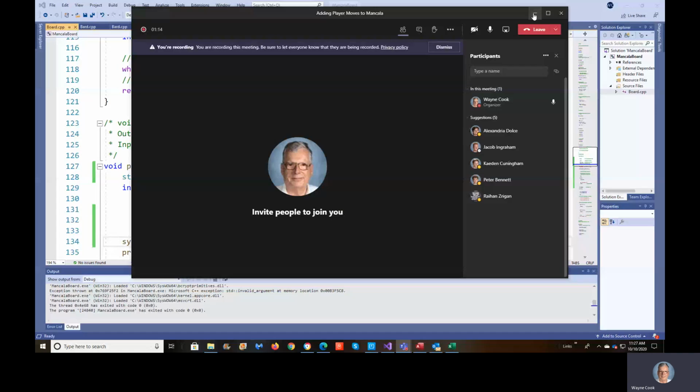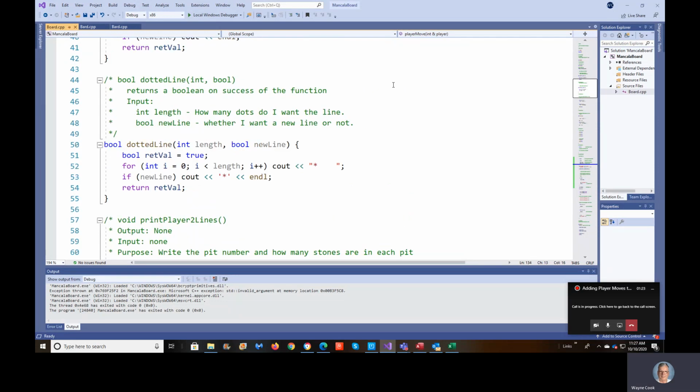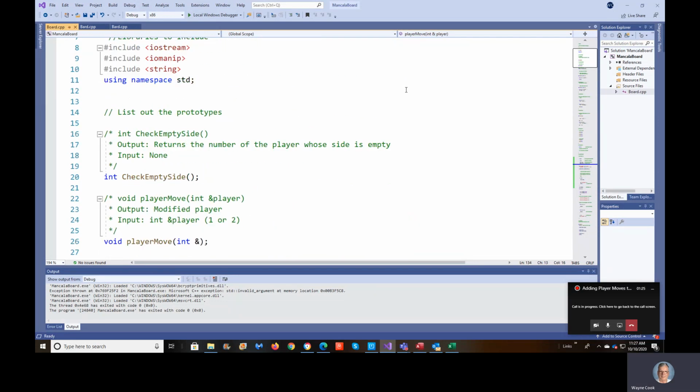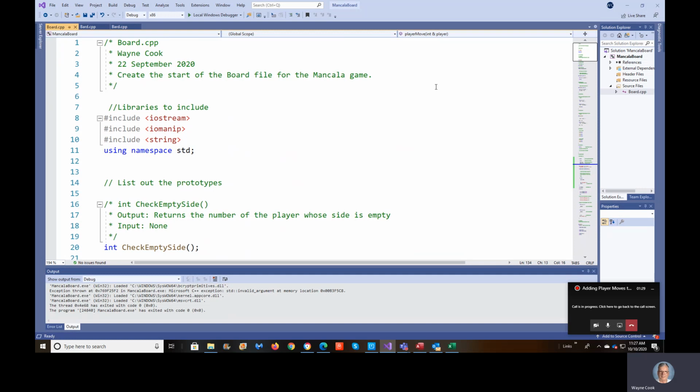Hi, I've already showed you how to set up the initial printing a Mancala board application. This one is to show you how to add moves to your Mancala board. The one thing I have not done